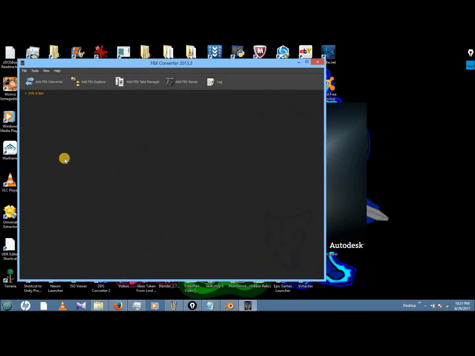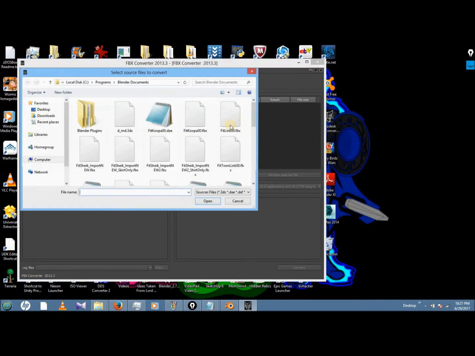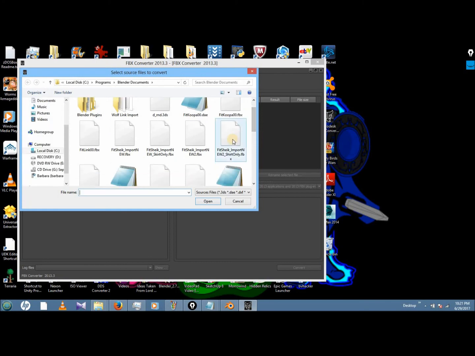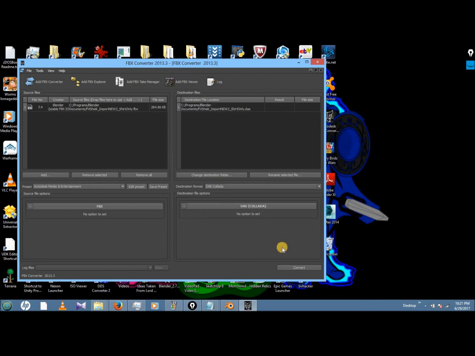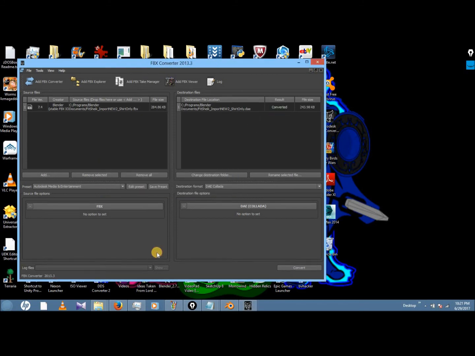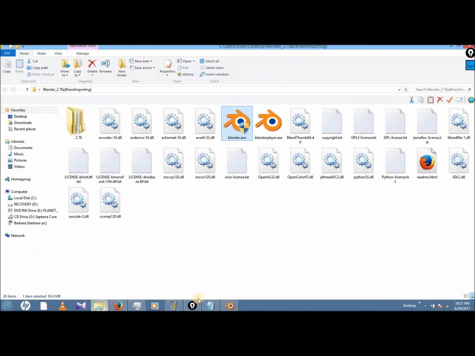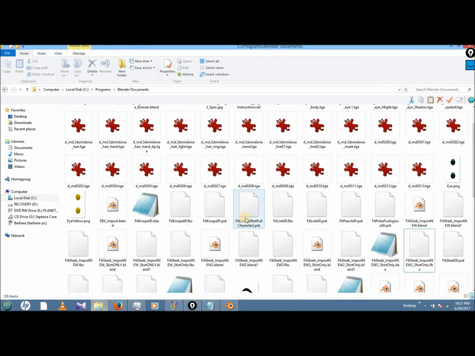One last conversion back to Brawlbox, and then I will test the animations, and then if the animations look good, I'll test in game. Oops, wrong. Or that one.